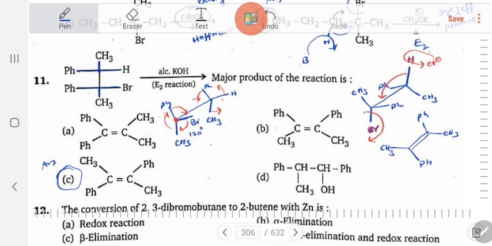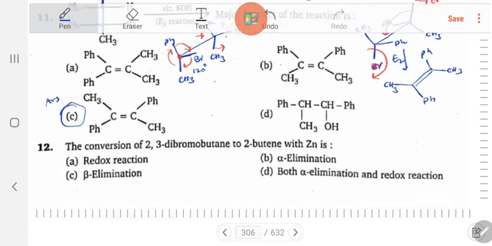So what we have done? First we have converted the Fischer projection to Sawhorse projection. In the Sawhorse projection, we have just rotated to get a conformer such that the periplanar condition should be satisfied. So I have just rotated the atoms in such a way to show the periplanar condition for the leaving groups. Then we have done E2 elimination. After E2 elimination, we got the final product, that is nothing but the trans alkene.